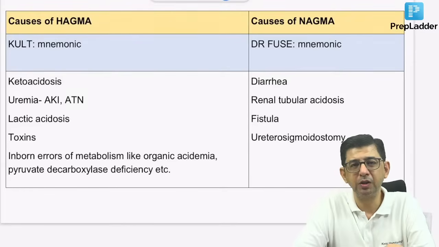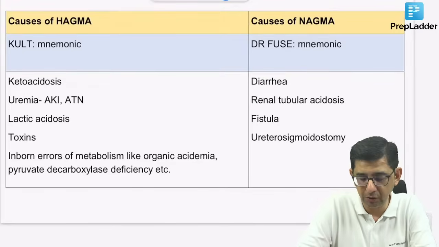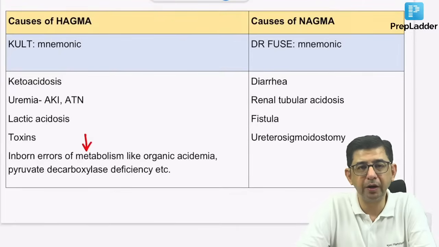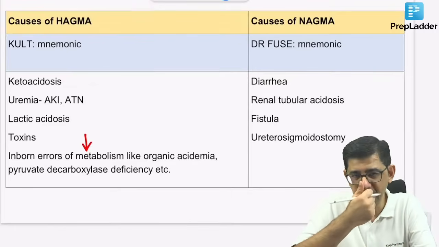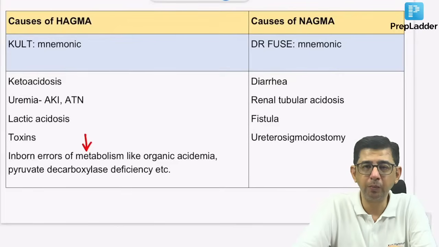This is the table, and this is again I think a repeat question on NEET PG that I have discussed, and time immemorial the same options are repeated in various permutation combinations, like in last time's NEET PG, they incorporated inborn errors of metabolism. Like if they would have written organic acidemia, you would have told now organic acidemia you can still figure out, but then pyruvate decarboxylase deficiency will produce abnormal metabolites, and those abnormal metabolites will add up to the anion